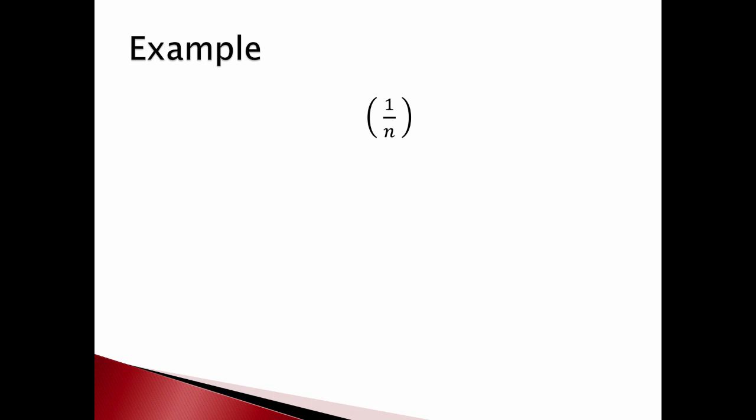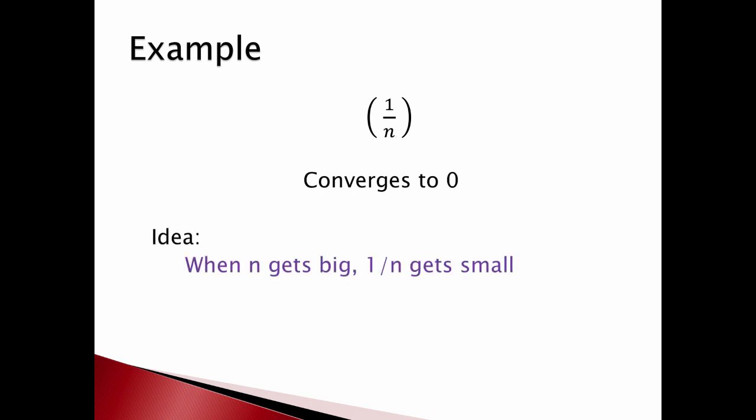So if we look at that list of numbers, 1, a half, a third, a fourth, a fifth, you see they're getting smaller and smaller and smaller. And it's not too hard, if you think about it, to convince yourself that the 6th, the 7th, the 8th, and the 9th are all getting much smaller. They're going to 0, right? Of course, the idea here is that when n gets really big,